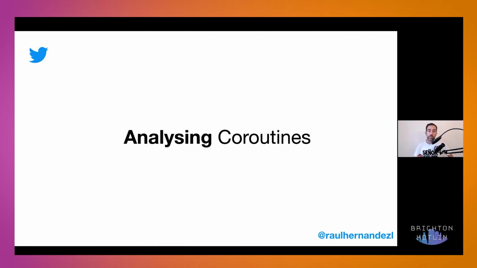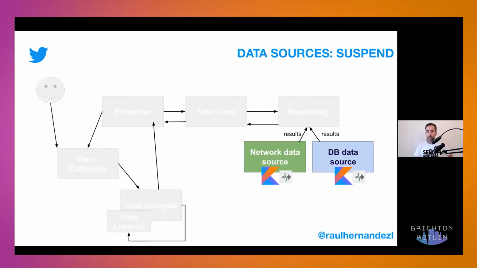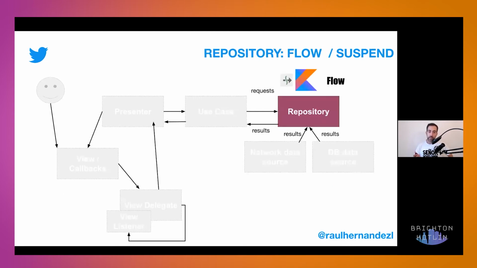Then I see a few coroutines that I use over here in the different entities. For instance, into the data sources, I use suspend functions that return some results to the repository. Then the repository is emitting a flow that is passing also the results back to the next layer. For me, flow here is interesting because by using flow, I make sure that I can emit more than one value. On the other hand, suspend function only return one sort of operation. That's one particular value. And that's why the repository is going to be the one emitting different values for that.